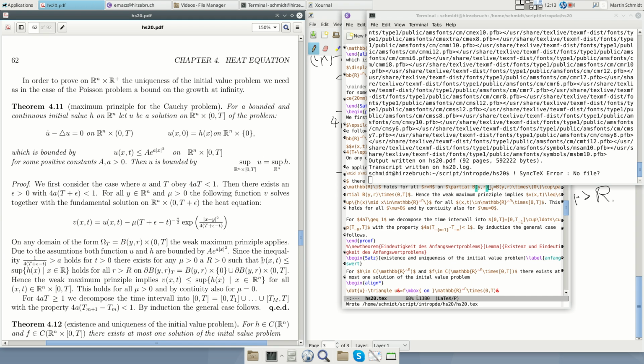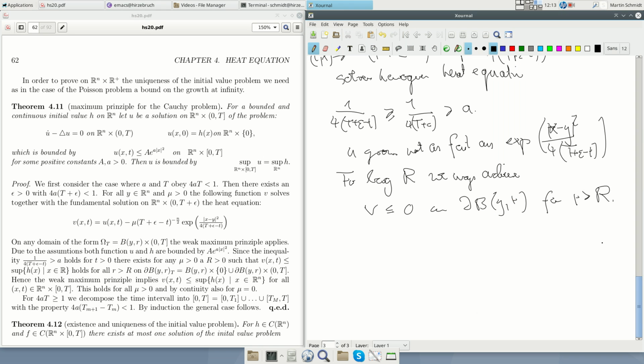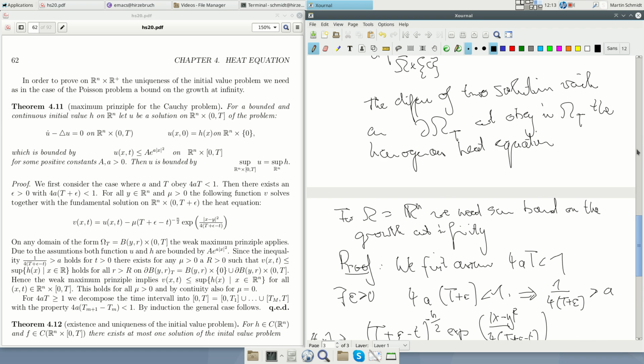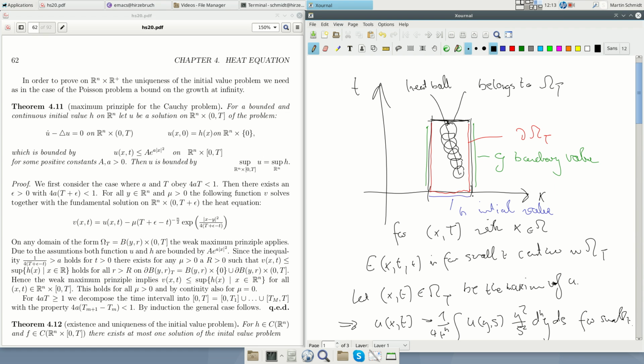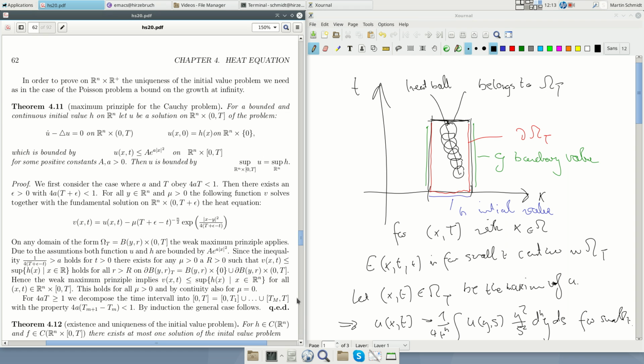Also on the boundary part, on this part we have h, but if we make this very large, then here it's smaller than 0. So we only get here as the supremum this one. So we really get that v is smaller than this, and since this is true for any mu larger